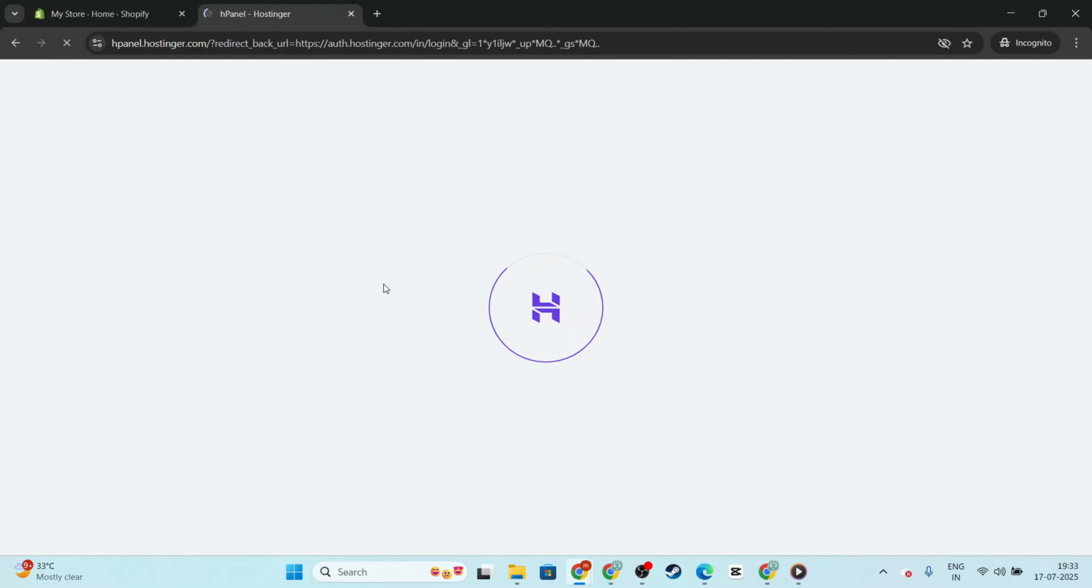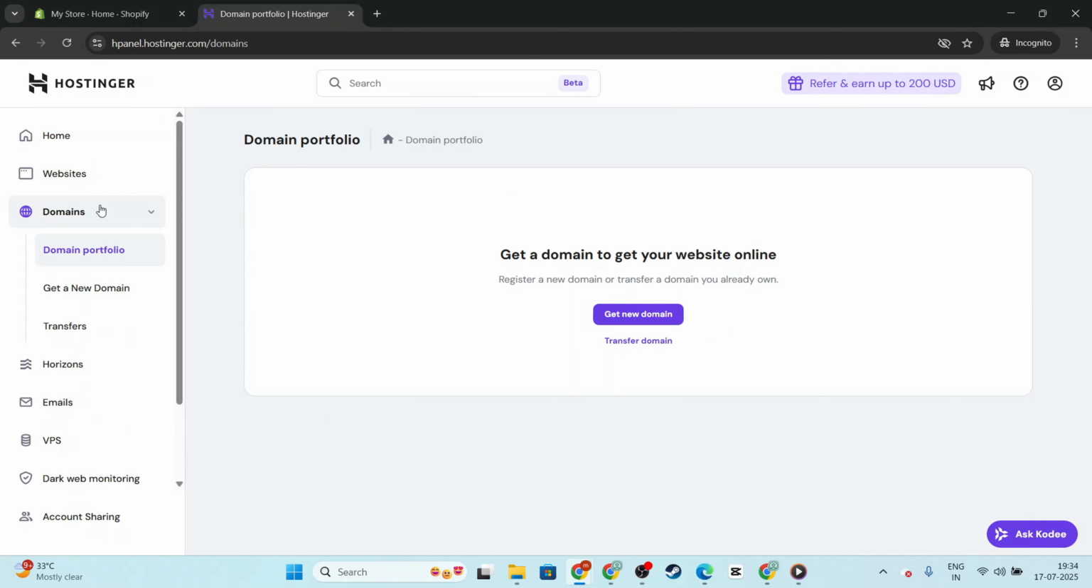This takes us to a new page with more in-depth options. Here, you'll find DNS settings. This is the area where all the magic happens. We need to adjust the A record first, ensuring that it points to Shopify. Your A record should be configured to Shopify's IP address, which is